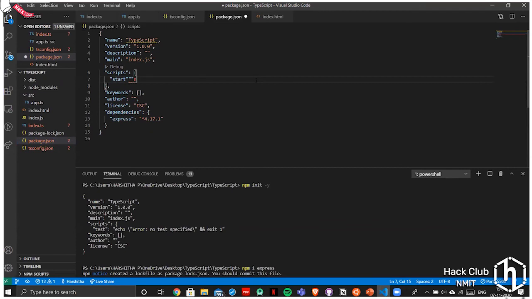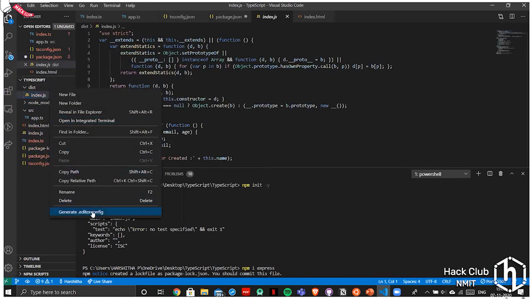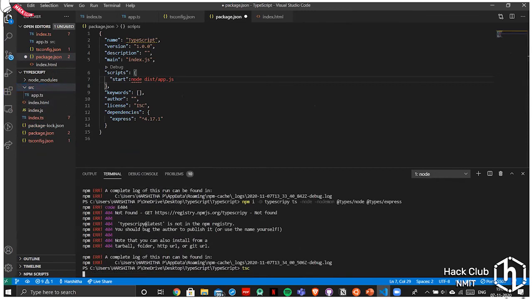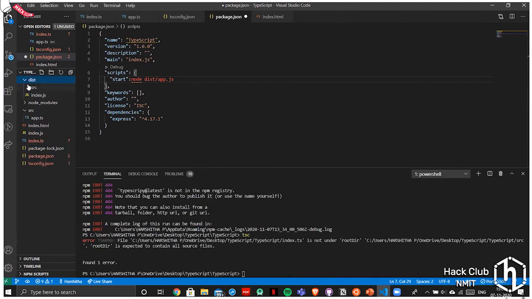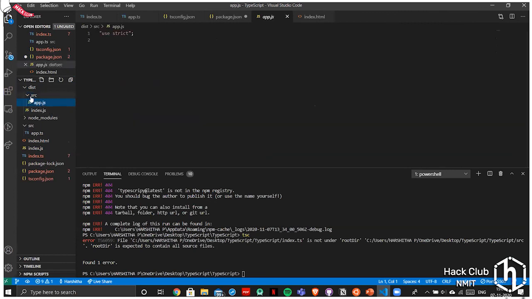This will run node, the destination and then app.js. It's created inside this.